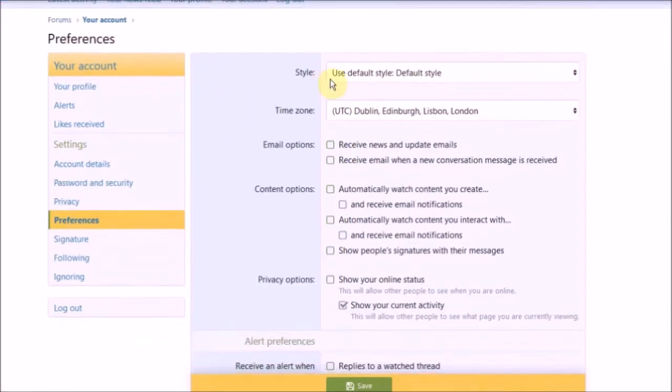As you can tell, I didn't record the sound at the same time. So style is the colour of the forum, which we've not set up yet. Then email options, receive news and update email, so you can click on whether you want that or not. So I'm going to set it up as I want it. So I want that,